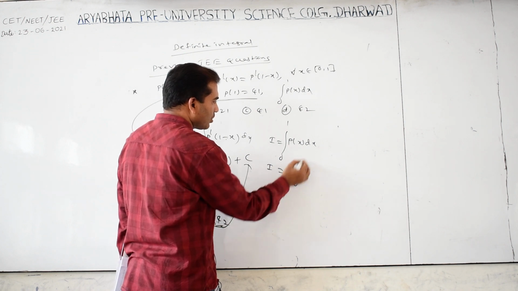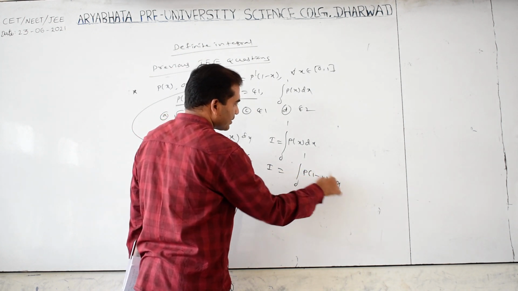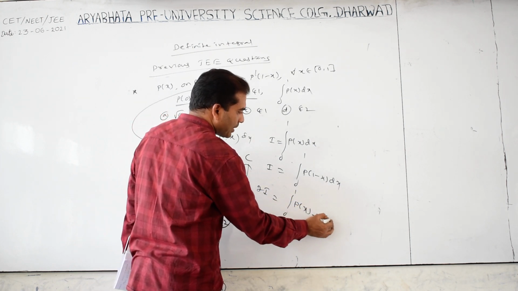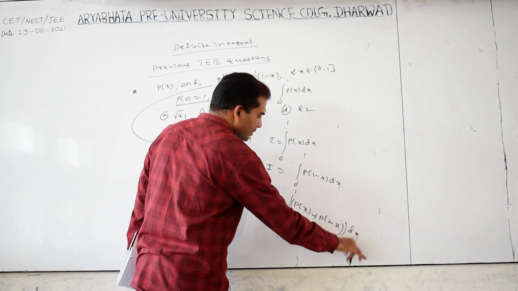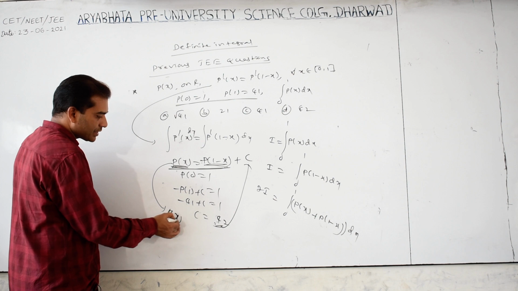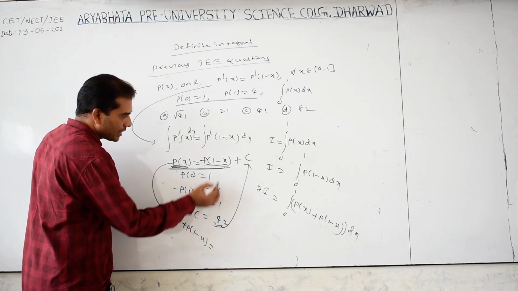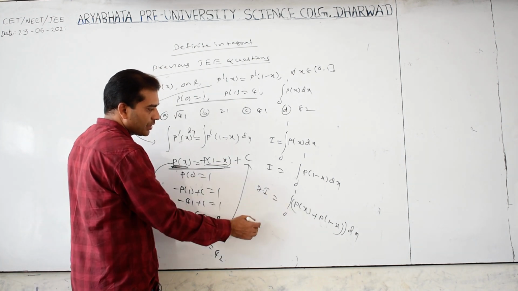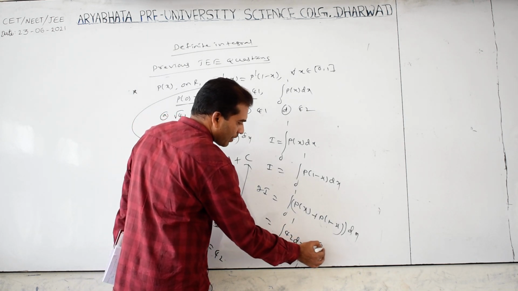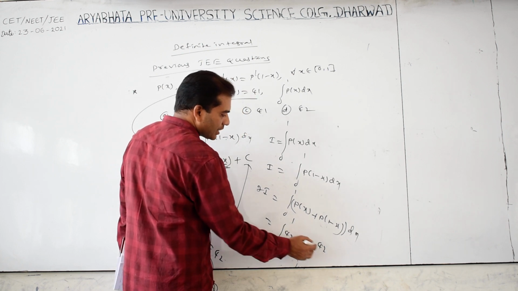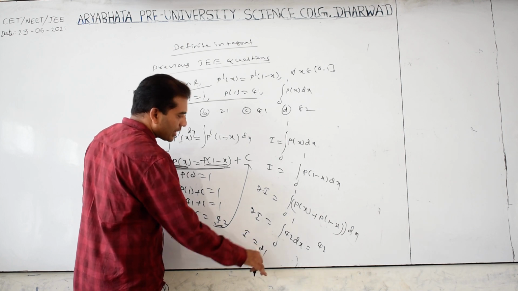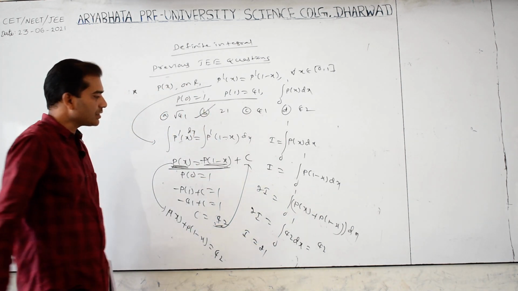Next, I equals the integration of 0 to 1 of p of 1 minus x dx. Add both: 2I equals the integration of 0 to 1 of p of x plus p of 1 minus x dx. So, p of x plus p of 1 minus x is equal to c, and c is 42. So, this is the integration of 0 to 1 of 42 dx. So, 42 times the integration of 1 dx is 42x. So, 2I is equal to 42, then I is equal to 21. This is the answer.